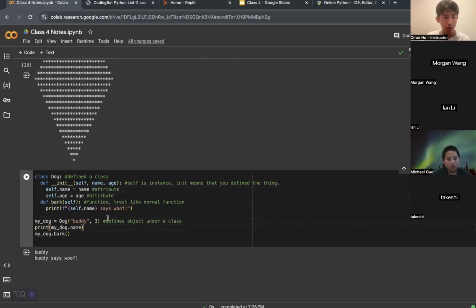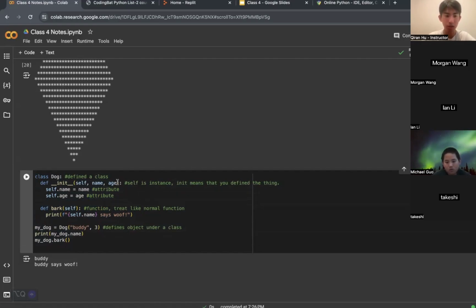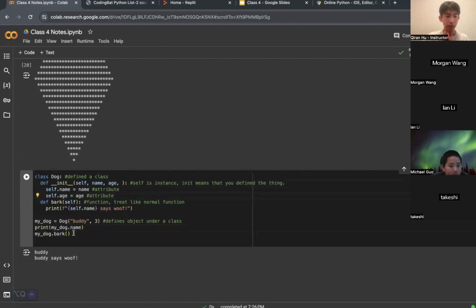Okay, so let's try an exercise. How about you guys take this class and add an attribute to this class. So over here, we want to define something else. You also have to add it in this bracket over here. Let's just add whatever attributes you guys feel like, and then see if you can extract it down here